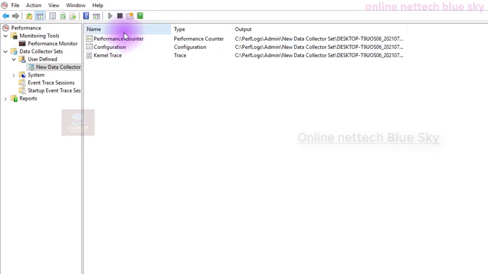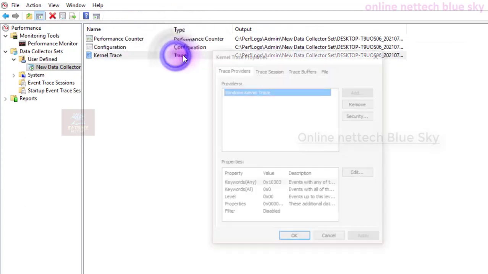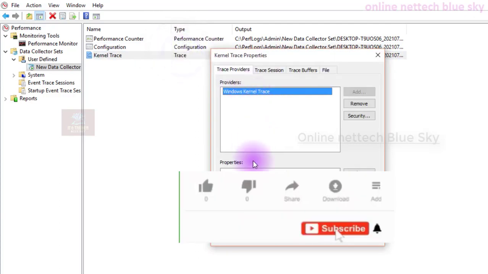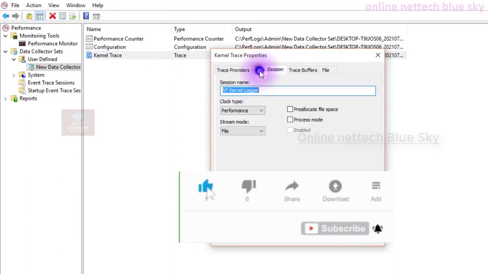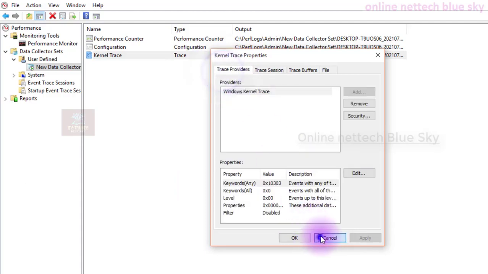So click on start and you can see here everything, it's showing me performance counter, configuration, trace. It is one type of my computer related everything, some performance related, okay. And I can configure it just like you can see here. This is a kernel.